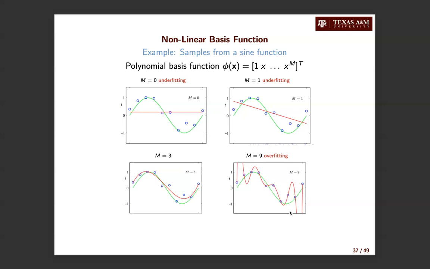So what we see here is that in the first 2 orders, m equals 0 and m equals 1, these 2 straight lines pretty much do not accurately represent the structure of our data. Both lines are linear, and both lines really cannot depict the complexity that arises from this sinusoidal